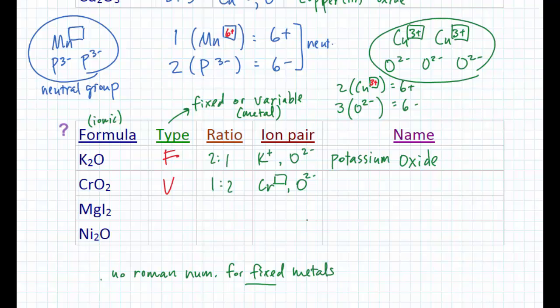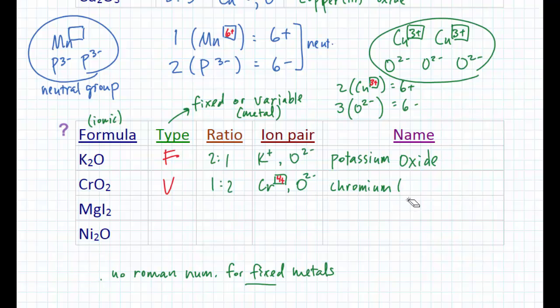Because we only have 1 of those chromiums in the formula, that 1 chromium has to take on the entire charge from 2 of those oxide ions. So what charge would the chromium ion have to have? Yeah, the chromium is 4 plus. 2 minus times 2, that's the total minus charge. And then because we have only 1 of these, that's going to take on the entire plus charge to balance it out. So Cr, chromium,